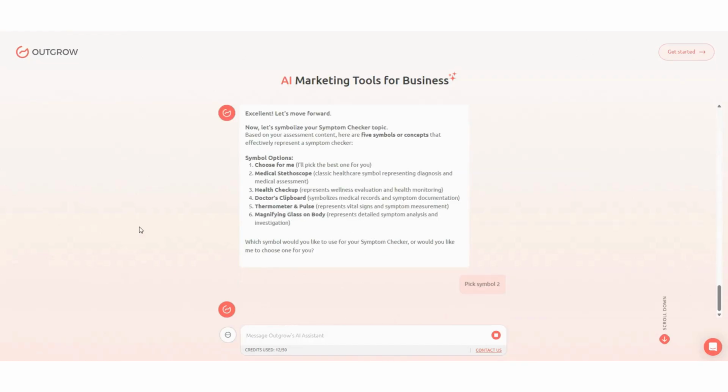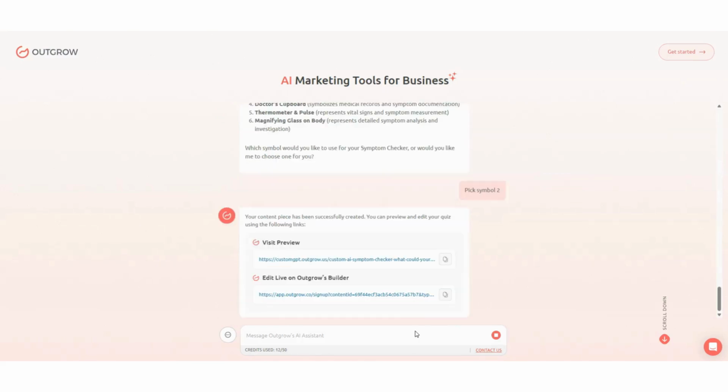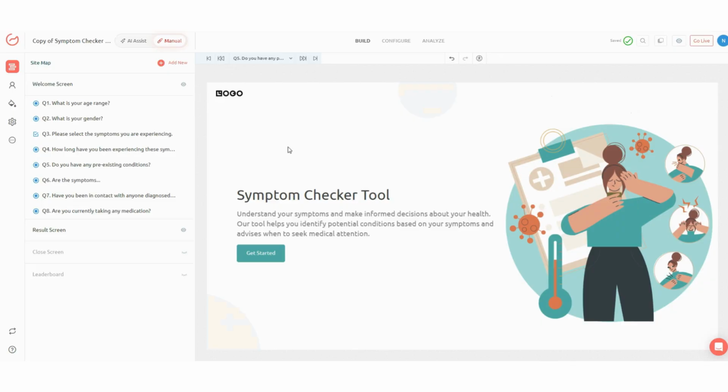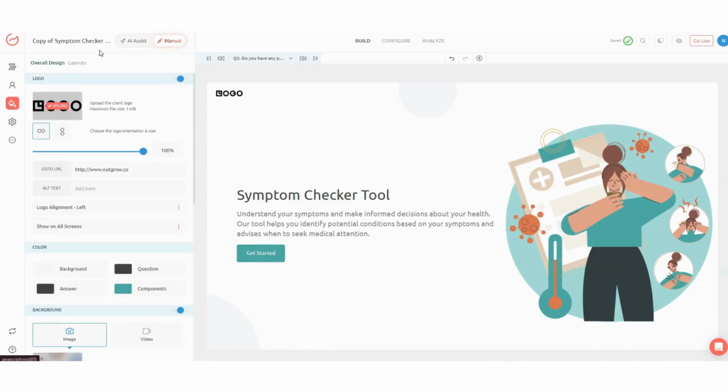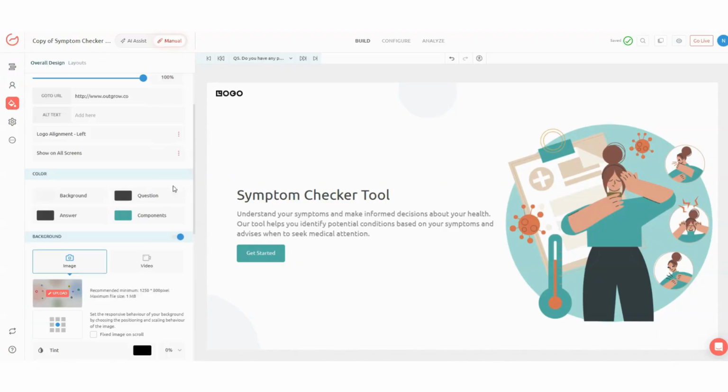And you can also choose a symbol for your symptom checker. But remember, AI is just the starting point. The real customization happens inside Outgrow. Once the draft is ready, head to the Build tab. Go to the Overall Design section to personalize your symptom checker by uploading your logo, adjusting colors, updating fonts, and